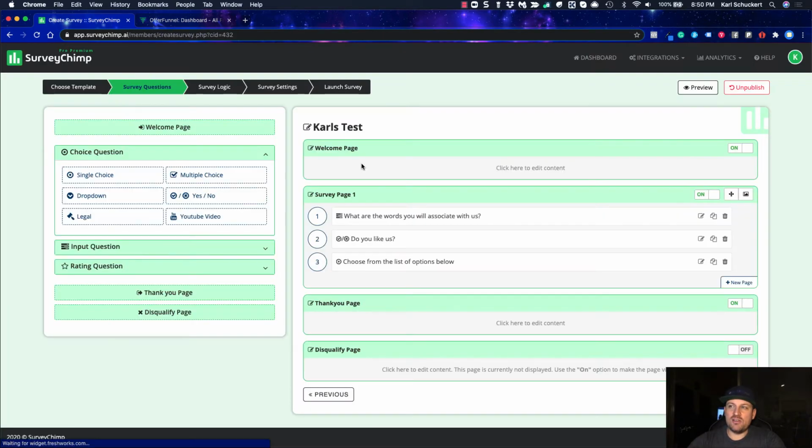And so the first thing that you can see here is basically all on sort of one page, and you can move these around in here too. So these are just different types of questions, but basically this is sort of the funnel. There's a welcome page. You could set up a form on the welcome page, basically getting their email in the front, or you can get their email in the back. You could have that just to start if you wanted to. You could also turn it off if you don't want to use it at all.